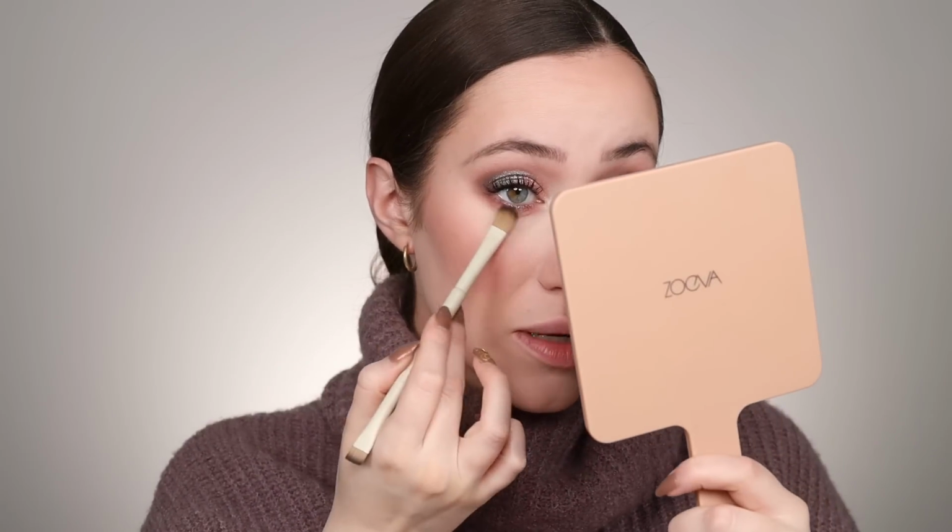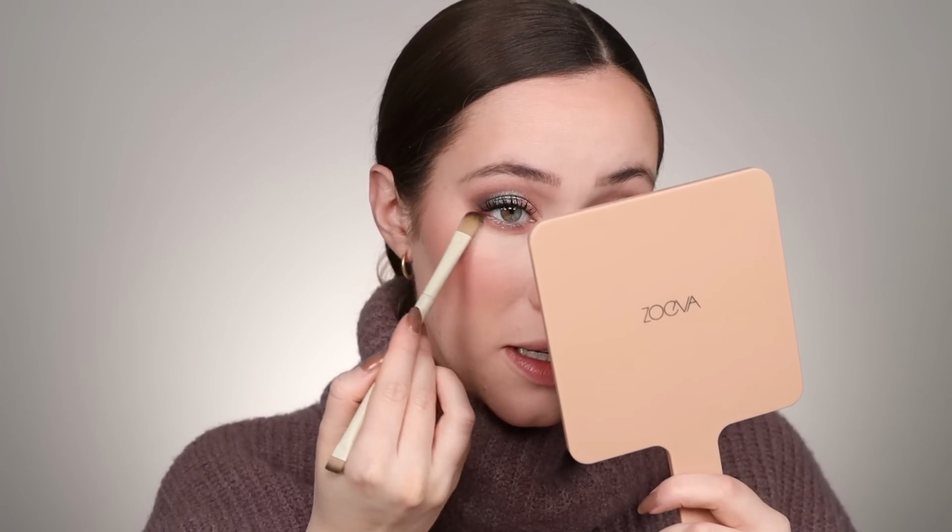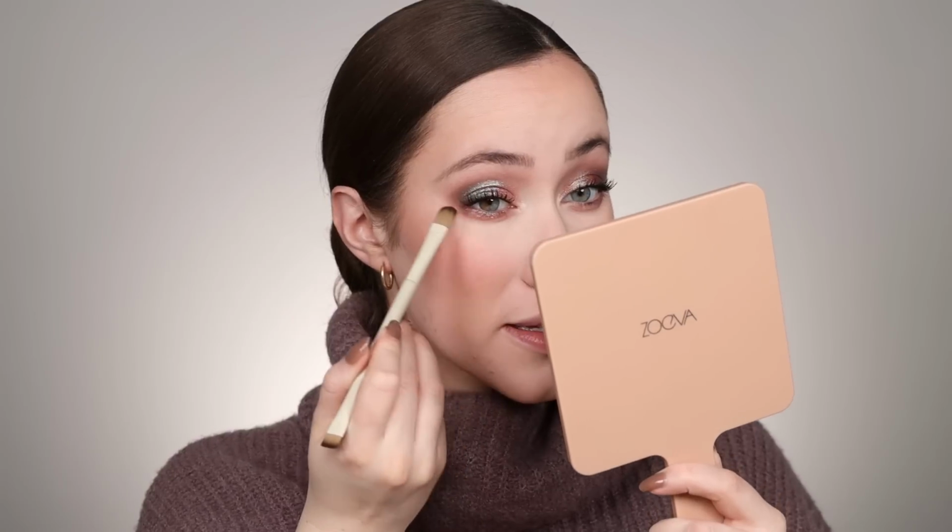I'm probably gonna get quite a bit of fallout from this, but I'm taking that sparkly duochrome shade. I should probably spray the brush. I'm gonna spritz the brush with a bit of setting spray and apply this across the entire lower lash line. That looks so pretty. It just definitely has very visible glitter chunks, so you will get some fallout, but it's worth it for the